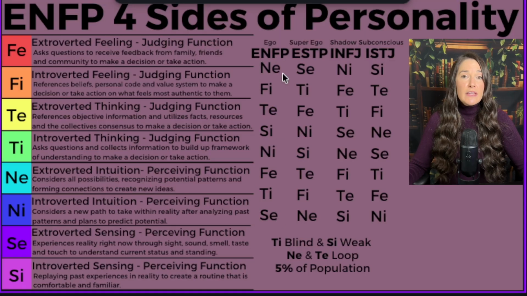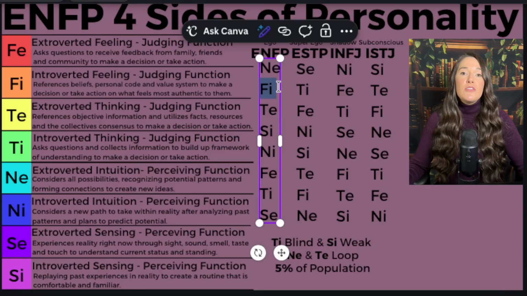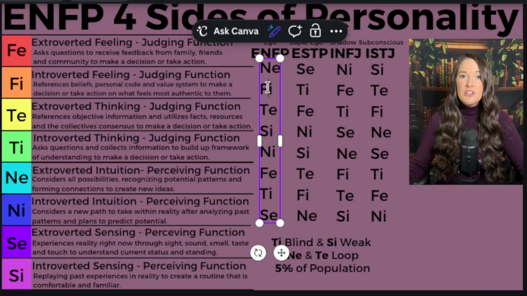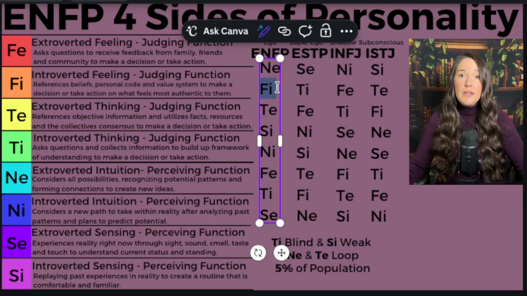The ENFP personality is going to be in a lot of different friend groups. They're going to be in a lot of different clubs and schools. They're going to be involved in a lot of different extracurriculars. They're going to spend their time volunteering and giving back to their community in a lot of different aspects. It could be religious. It could be animal rescues. It could be nonprofits. They value individuality.